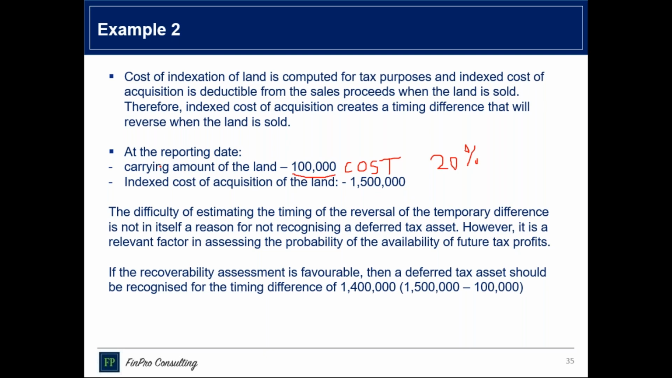Okay. So my carrying amount of the land, that is WDV, as per books is 1 lakh rupees. And WDV, if I have to sell the land on today's date as per income tax law, is 15 lakh rupees. Thereby there is a timing difference. So the standard says create a deferred tax asset on that timing difference. So 15 lakhs minus 1 lakh, which is 14 lakhs, into 20%,